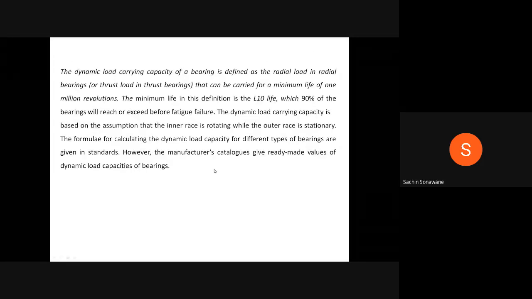The dynamic load carrying capacity of a bearing is defined as the radial load in radial bearings or thrust load in thrust bearings that can be carried for a minimum life of 1 million revolutions. The minimum life in this definition is the